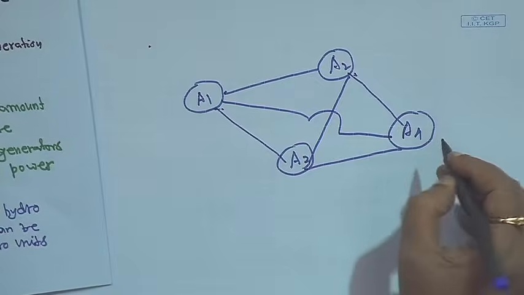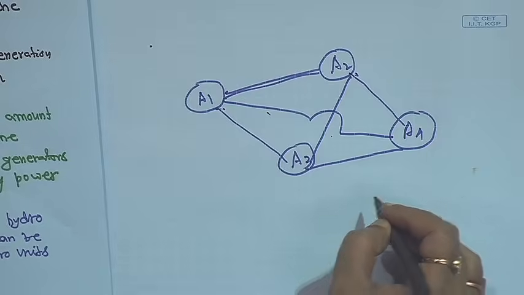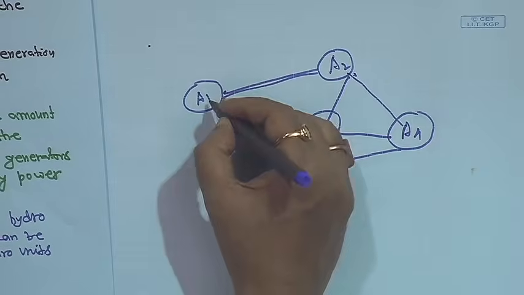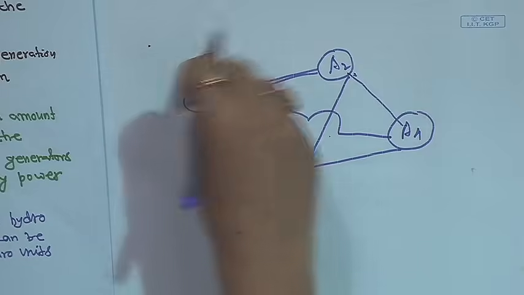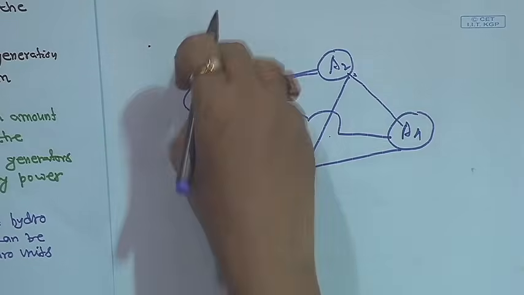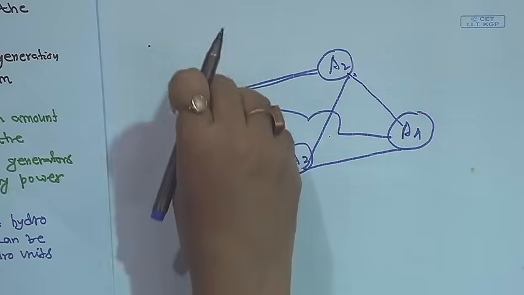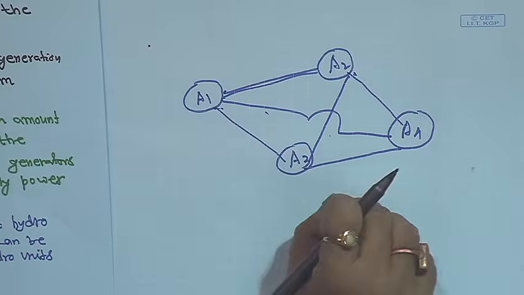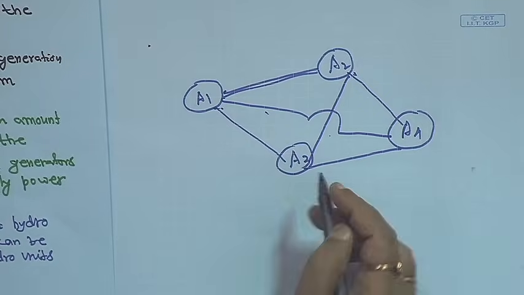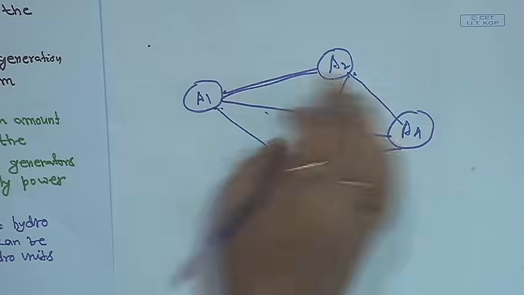So suppose 4 areas are there, but they are all interconnected. Everywhere it is a power system: area 1, area 2, area 3, area 4, each one is a power system, everyone has a power demand, every generating unit is generating power to supply its load. Sometimes it may happen that this area needs power from the other areas,